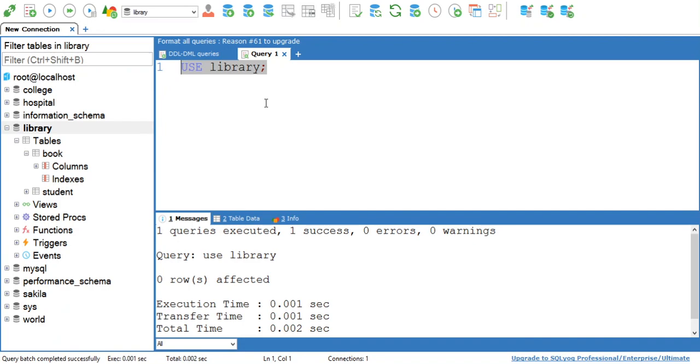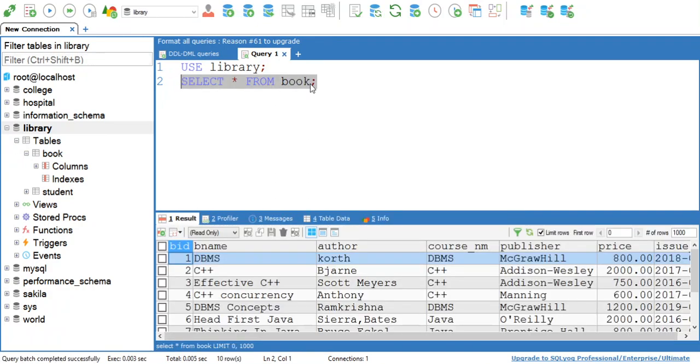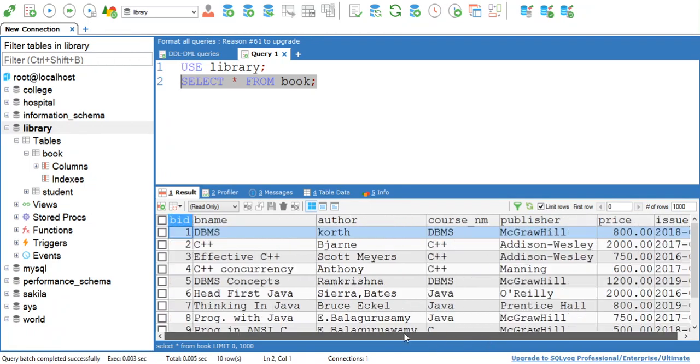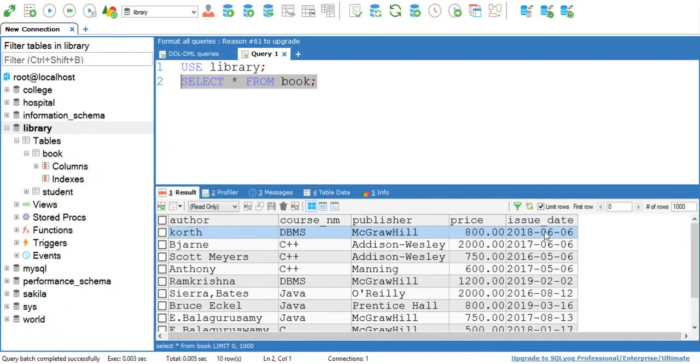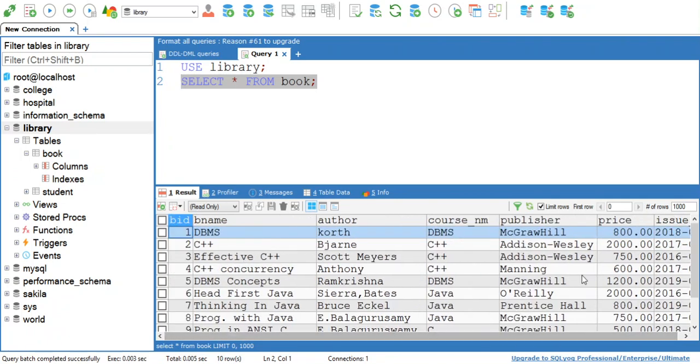Okay, so now our table is ready for use. First we'll display all data from the book table. See here at the output section you can view the book table, which consists of book ID, book name, author, course name, publisher, price and issue date. All these attributes are part of the book table.